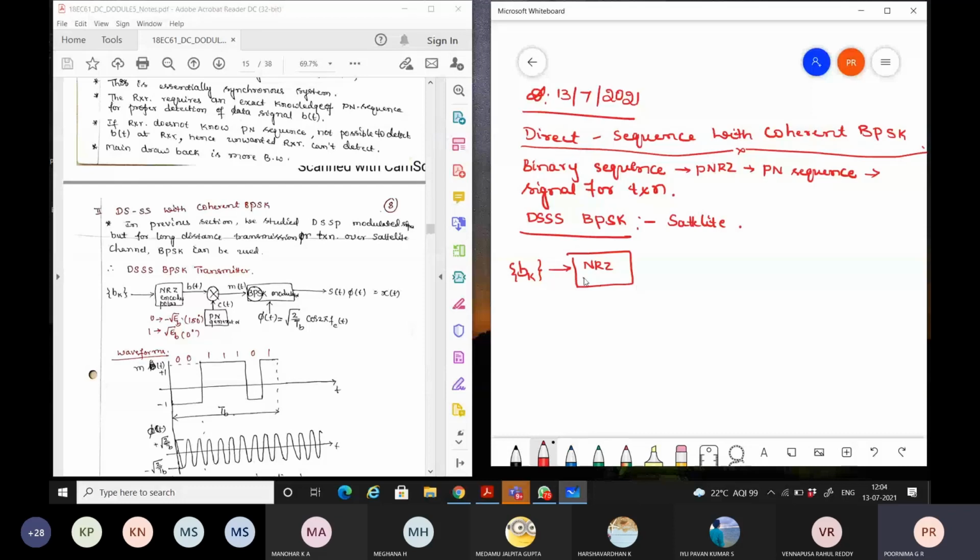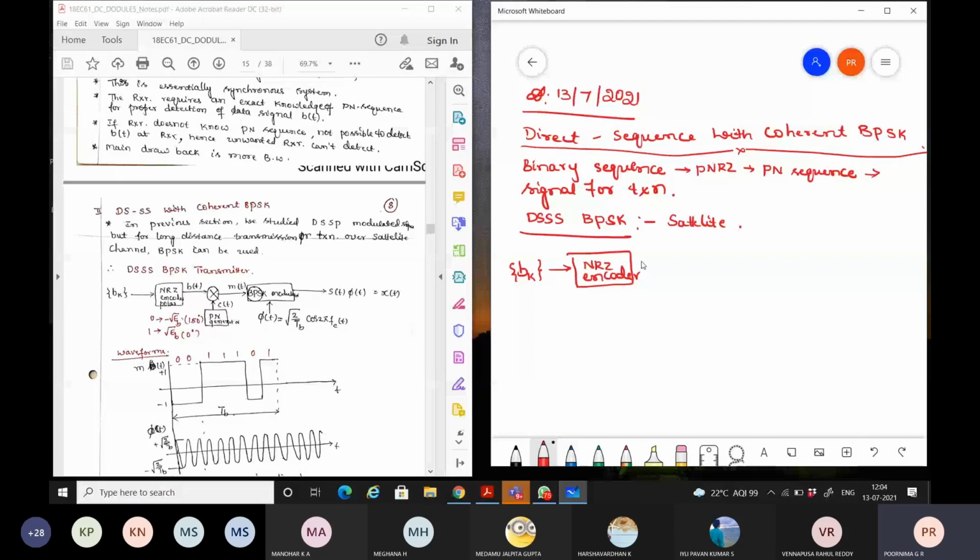So a non-return to zero polar encoder we will be using as the next block, and the output you will get is a binary time variant signal, and that will be added with a noise sequence. That noise sequence is generated through the PN generator, and after generating it will be converted into a bipolar non-return to zero signal, and that signal